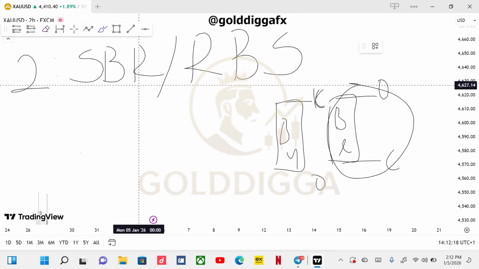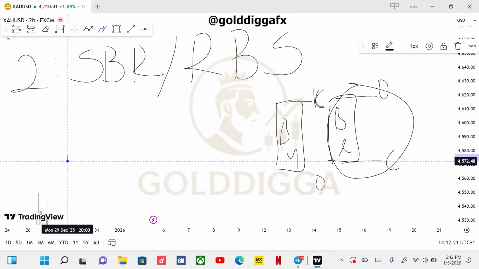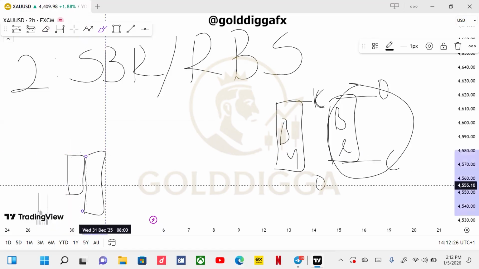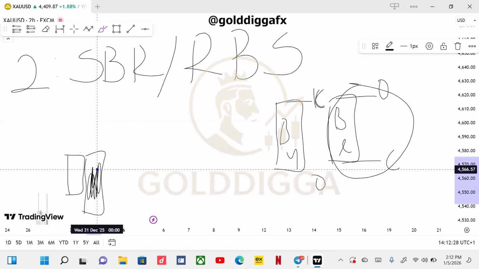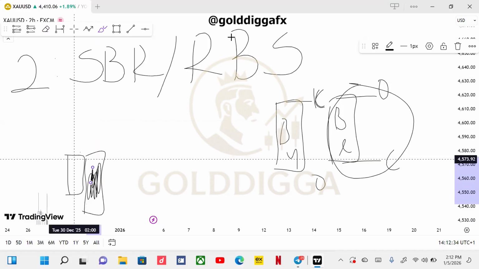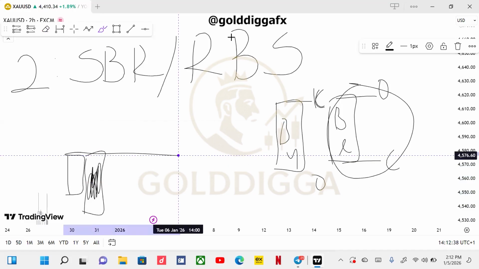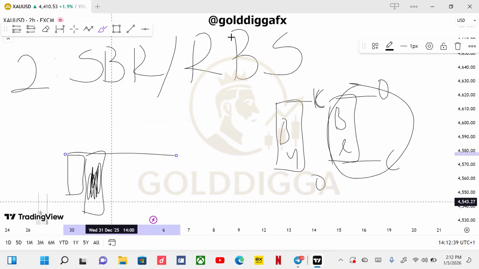Then we move on to the RBS. For the RBS, we need a bullish candle and your bearish candle. So bullish and bearish. You are going to mark the closing price of candle one, which is the one here, right? The bullish candle, which closes above. So the closing price. Now you expect price to